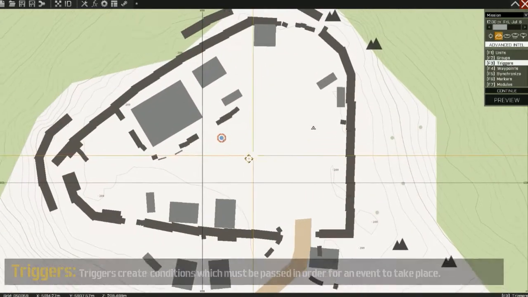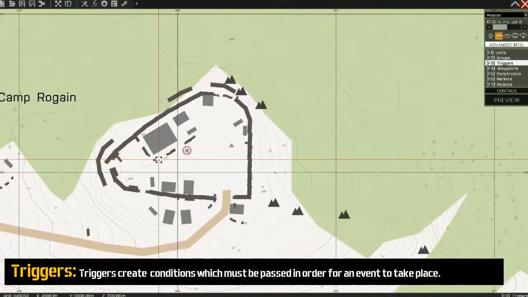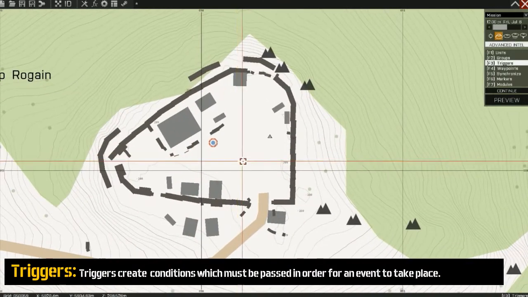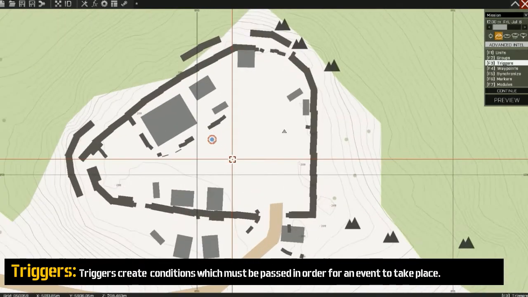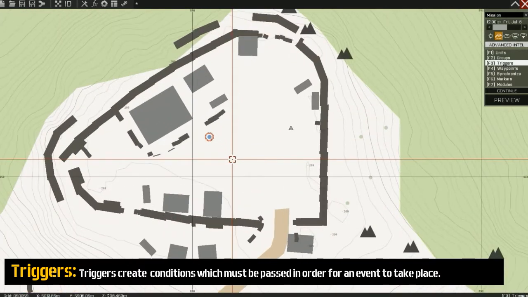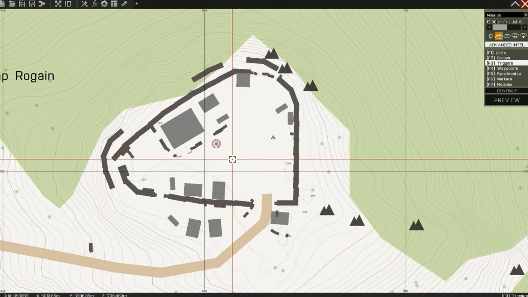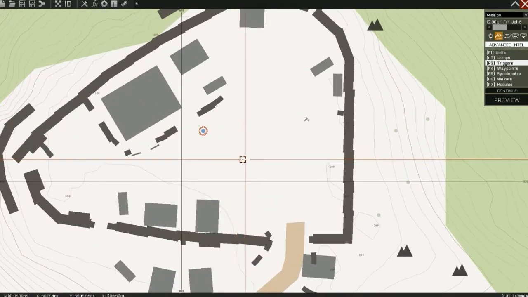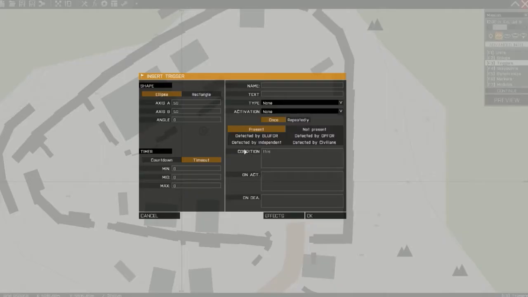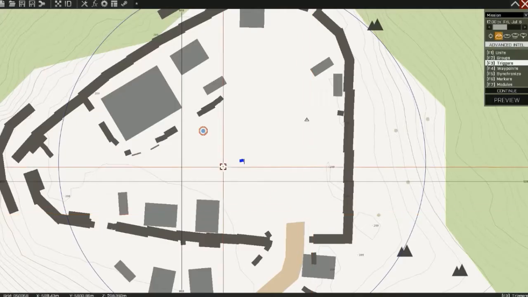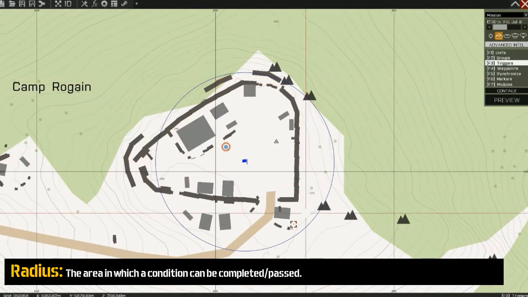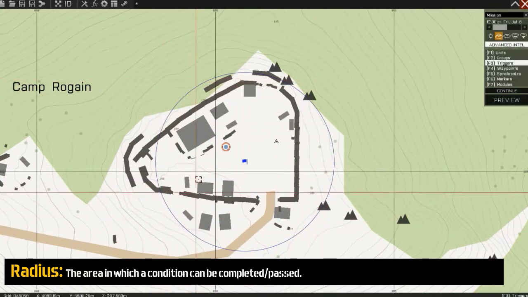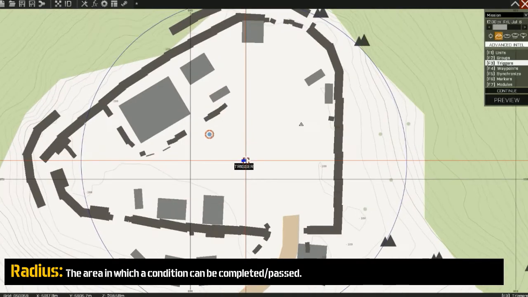Triggers can be used for numerous things, but the most simple way to explain it is you can use conditions set by you or in-game ones to trigger something to happen. So for example, if we put down a trigger, this bounding circle is the radius of whatever area we want to be affected by the trigger.